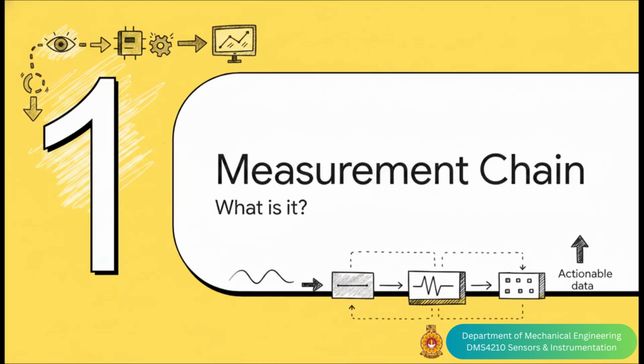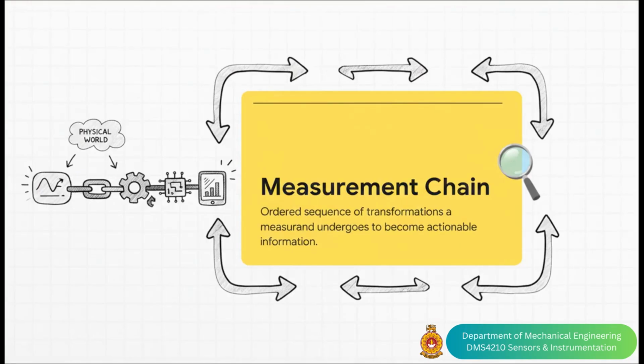Section 1. What is a measurement chain? Fundamentally, a measurement chain is the ordered sequence of physical and electronic transformations that a measurand undergoes. It goes from its raw origin in the physical world all the way to its final representation as meaningful, actionable information. You can kind of think of it as a highly sophisticated lightning-fast game of telephone, but instead of whispering words, we're continuously translating physical reality into digital instructions. Now, you'll often hear this referred to as a measurement loop or a signal chain, but honestly, the chain metaphor really hits the nail on the head here. Every single link has to perform its function reliably, or the message just doesn't survive the trip.